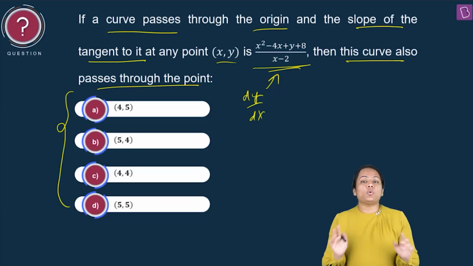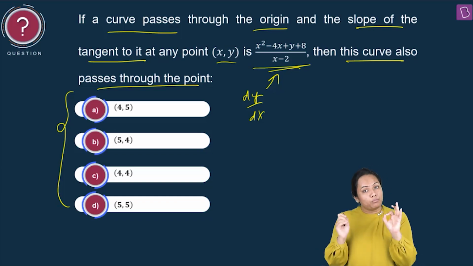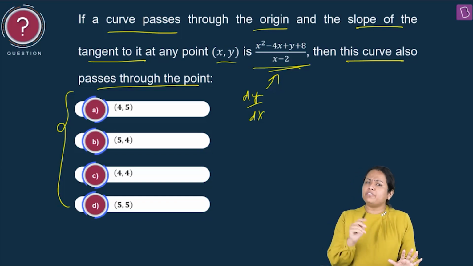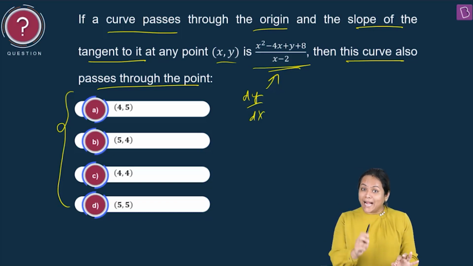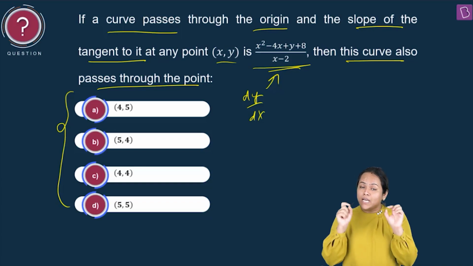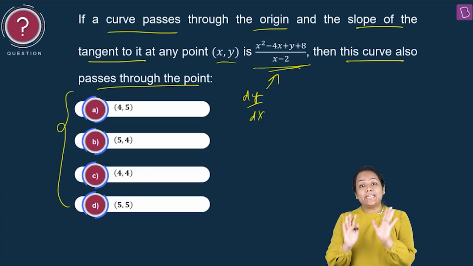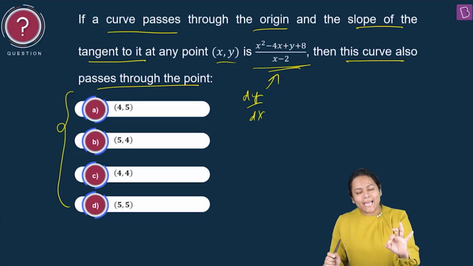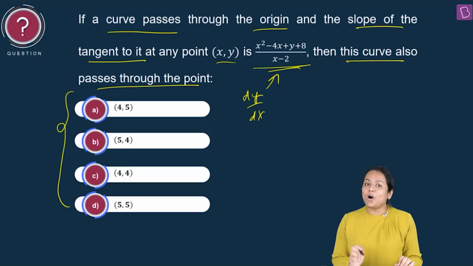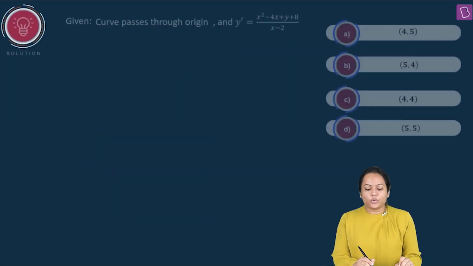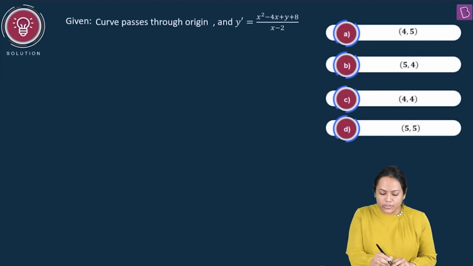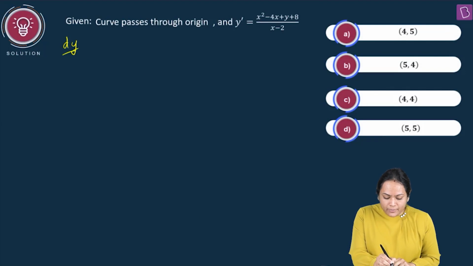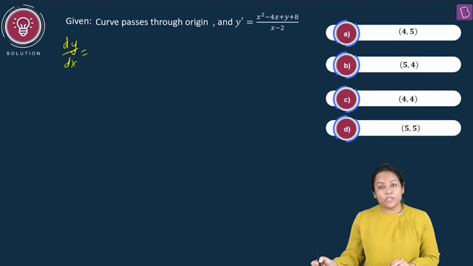So, I'll put this question in the moderate to difficult level. You might find this question difficult, but if you actually listen to me and see how I will separate out the terms, I'll convert this question into a linear differential equation. Yes, I'll do that. Let's see how we are going to proceed. So this is what they have given us as the differential equation. What am I going to do? I'll write dy by dx as it is equal to